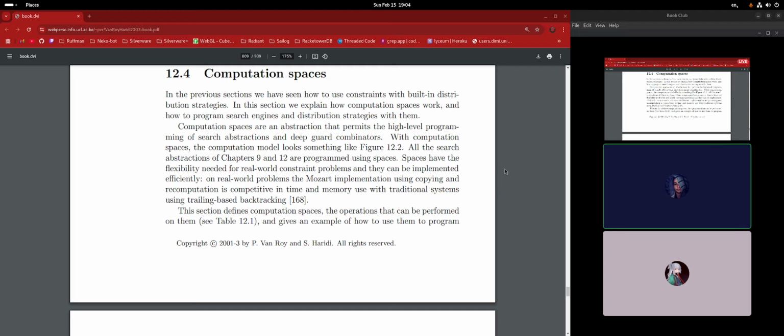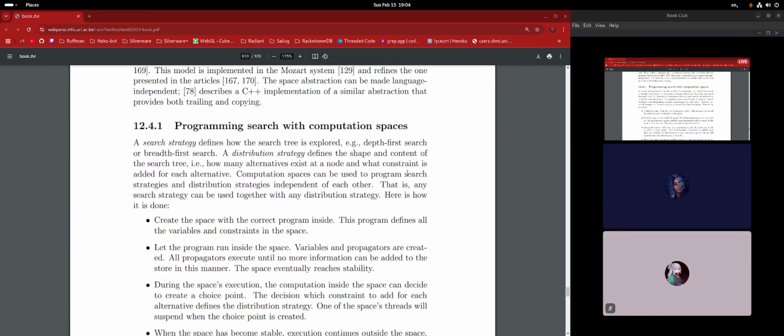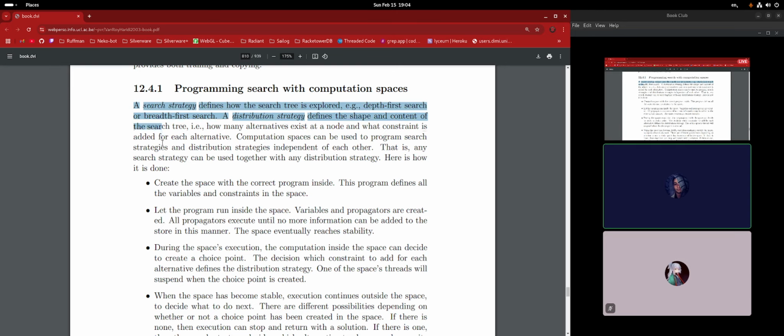Sure, I believe that. This section defines what they are, the operations that can be performed on them, and gives an example of how to use them to program search. Okay, so let's